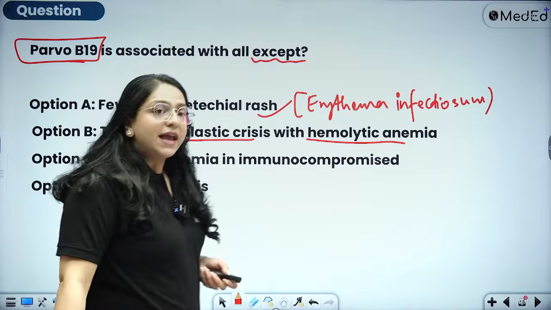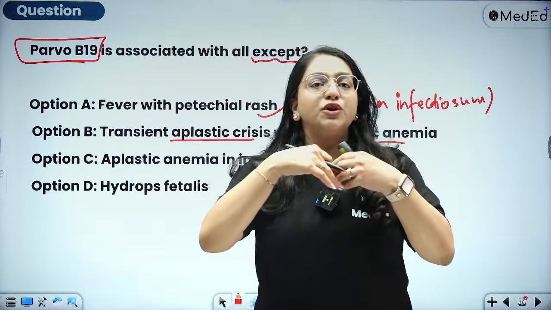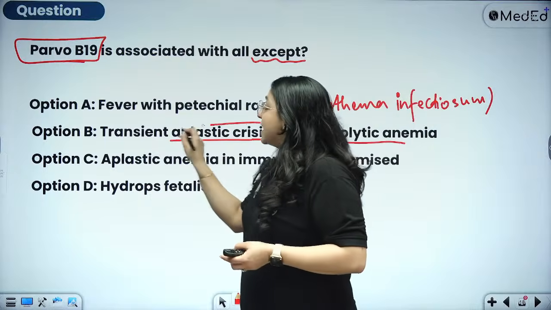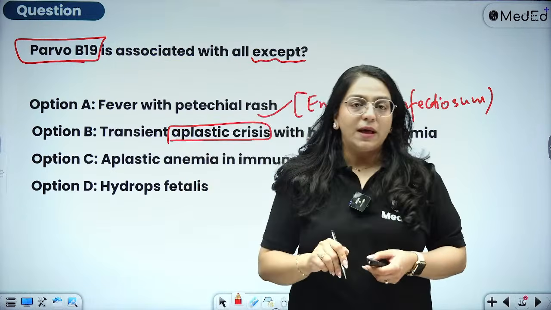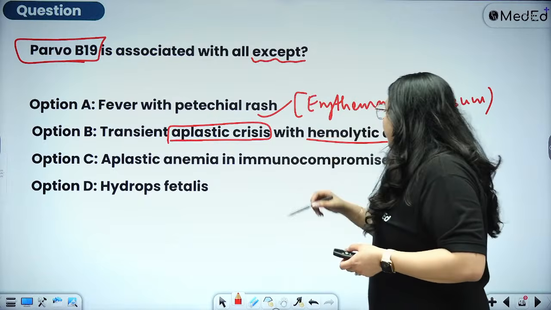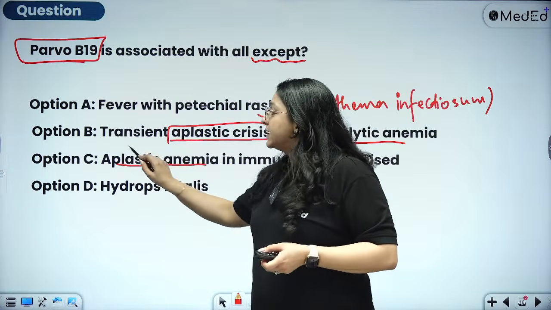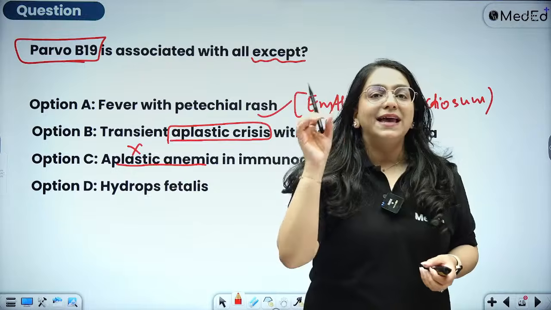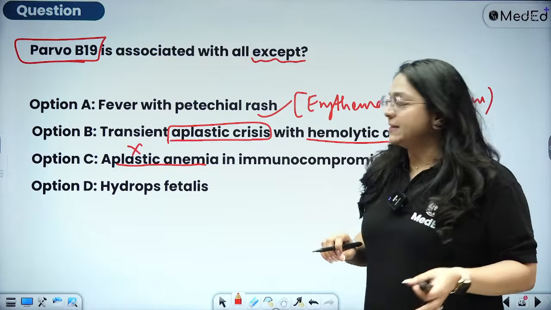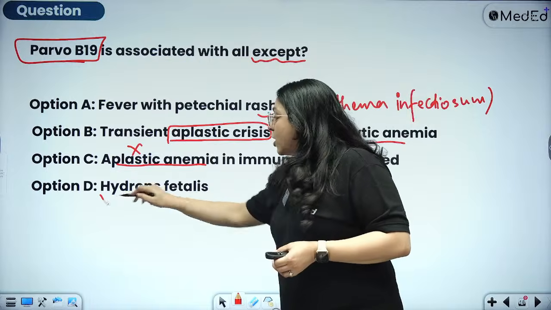Of course, if it is going to attack the RBCs, it is going to lyse the RBC, it is going to lead to hemolytic anemia. Aplastic crisis of course going to happen, because it will attack the progenitor cells. Aplastic anemia in immunocompromised, not aplastic anemia, it's going to be pure RBC aplasia, pure red cell aplasia. Hydrops fetalis,